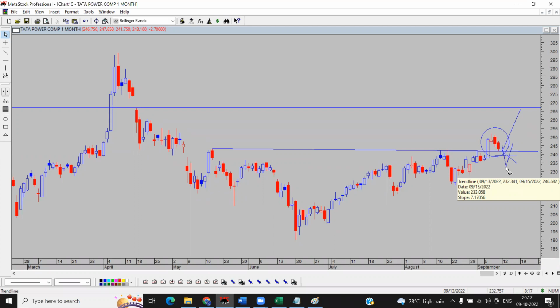Yeah, Ian? Yes, in this case for Tata Power, when the breakout failure happens, if the stock goes down below that large candle, below this horizontal line, that Marubozu blue candle, you can have this one. Now, breakout failure, you have to assume, yes, you are right. You have to assume the breakout failure has happened if it goes below 237.90. Yeah. You are right.